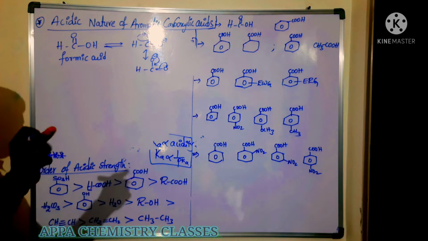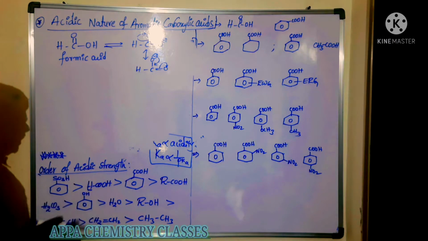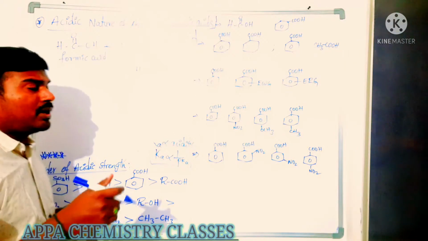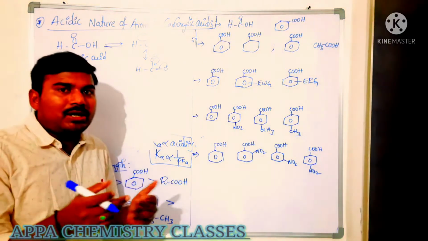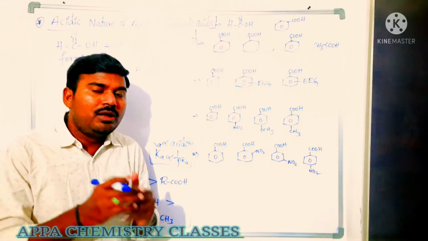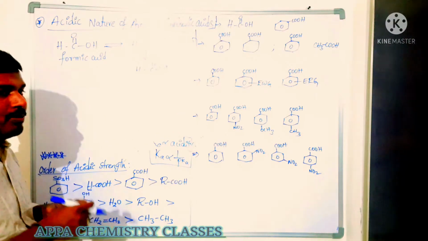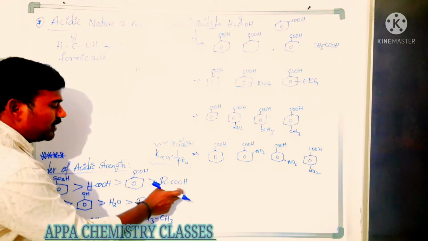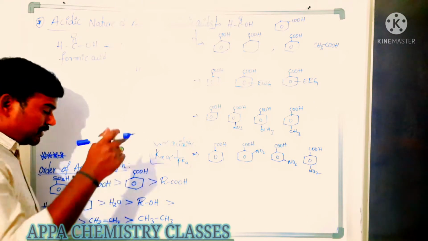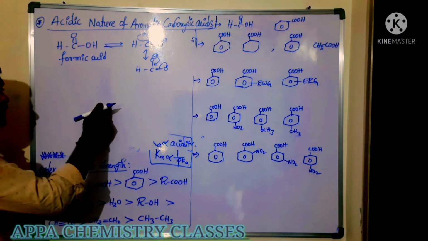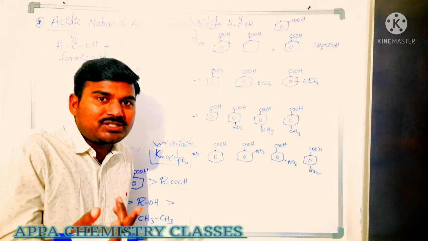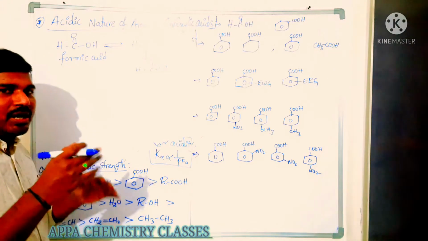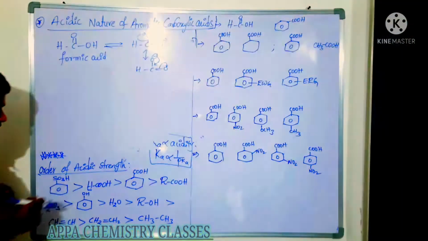After that, phenol. Now here you need to remember the point. Phenol reacts with sodium hydroxide and sodium metal, but phenol does not react with sodium carbonate, metal carbonates or metal bicarbonates. Those are mild bases, and they are not reacted by phenol. But those mild bases are reacted by carboxylic acids, such as aliphatic carboxylic acids, aromatic acids and carbonic acid. They will react with metal carbonates. That is the distinguishing test for acids and alcohols. I will make a separate video for the distinguishing test, so don't worry about it.